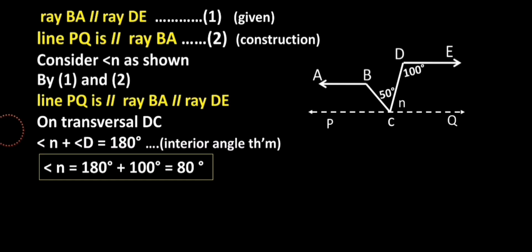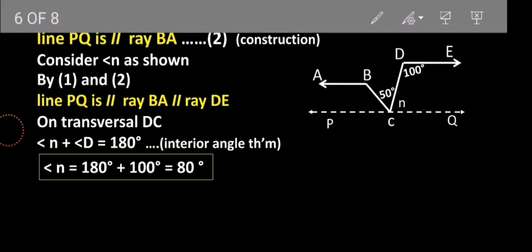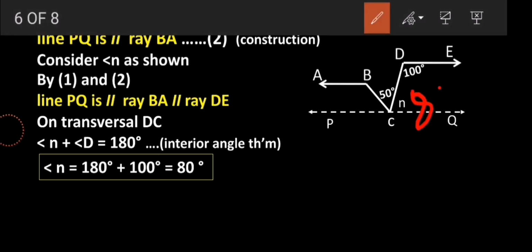A simple mathematics that everybody who is in 9th standard should know, right? If N plus D equals 180 degree and D is given as 100 to me, then of course I will be subtracting 100 from 180 to get the answer of angle N, right? So that angle N is nothing but I got 80 degree. So I know over here it is 80 degree. Now my target is what? To find the value of BCQ, correct?